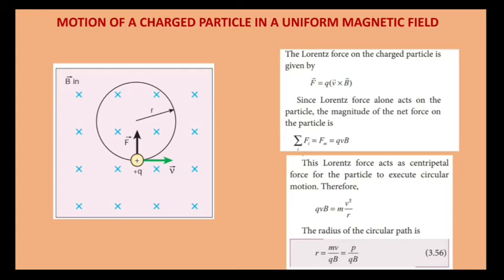Since Lorentz force alone acts on the particle, the magnitude of the net force on the particle is summation of F_i is equal to F_m is equal to qvB. Then this Lorentz force acts as a centripetal force for the particle to execute circular motion. So the charged particle